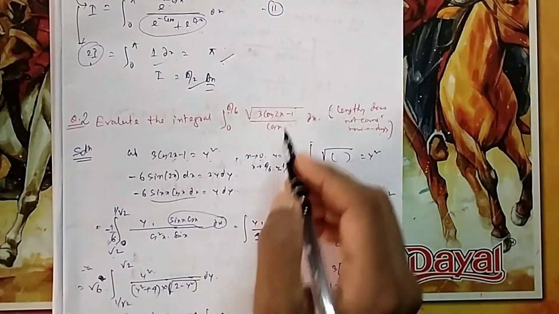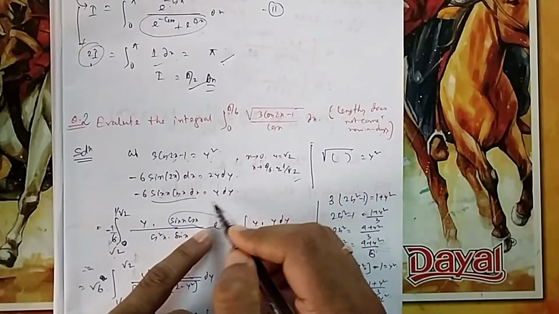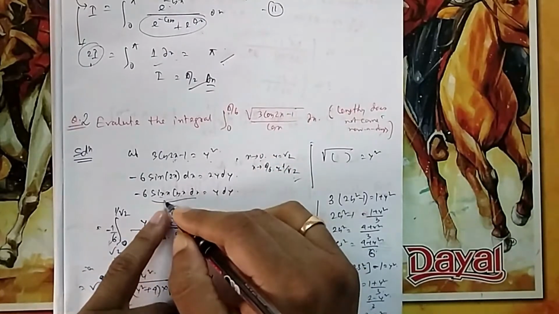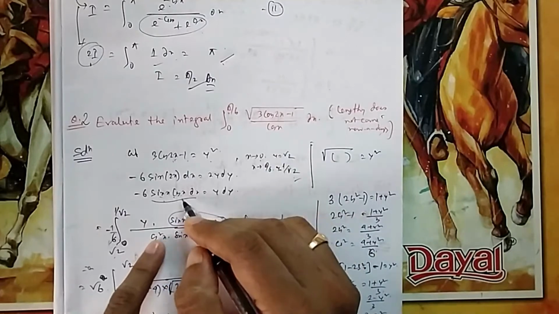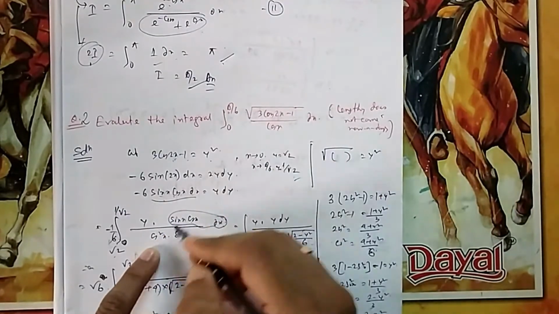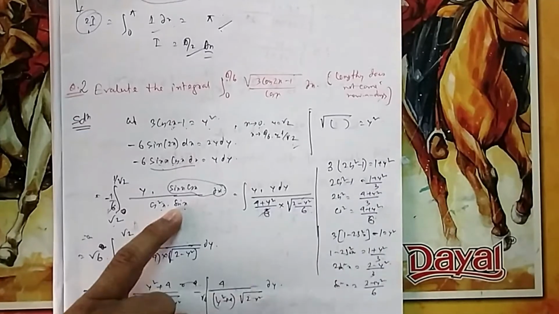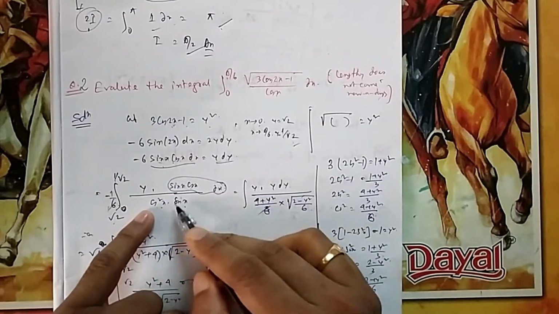Now to introduce this one, in this original function I have introduced sin x cos x dx, or you can write dy is equal to this, because I have to bring it so that I can write sin x cos x dx equal to this. Because I introduced this one, 1 cos x is extra, so in the denominator I have given cos x. Sin x I have written extra, so in the denominator it is sin x. This one I will write as y dy, but this one I also have to write in terms of y.